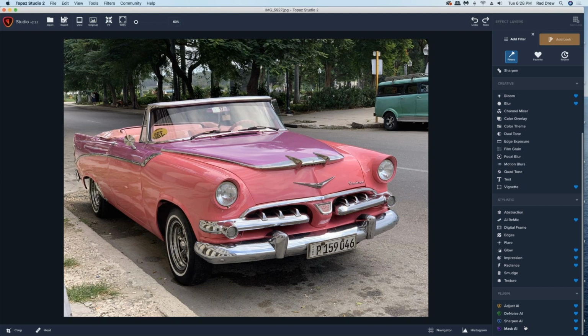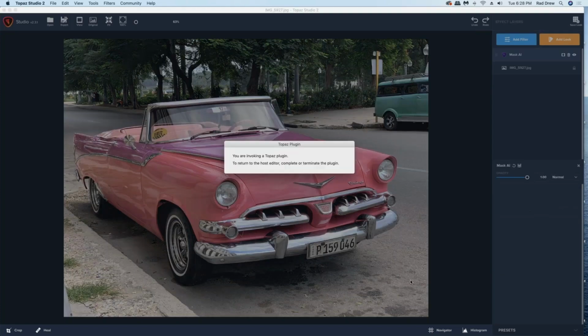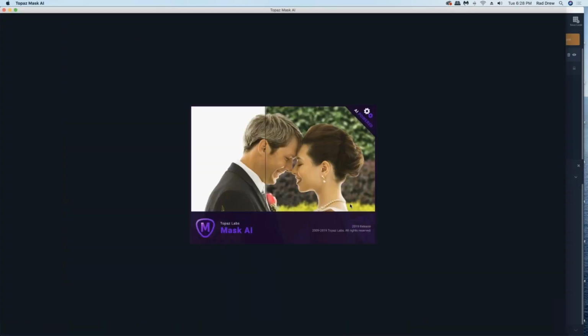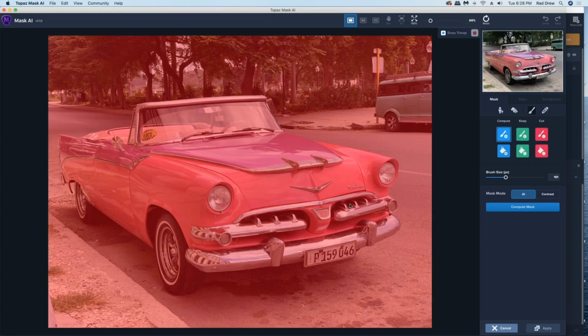These are all separate applications that you purchase independently from Studio. But once you purchase them, they can be plugged into Topaz Studio 2. So what I'm going to do is come down here to Mask AI, and I'm going to click on that, and it's going to invoke the program from within Studio 2. So here is the interface for Mask AI,